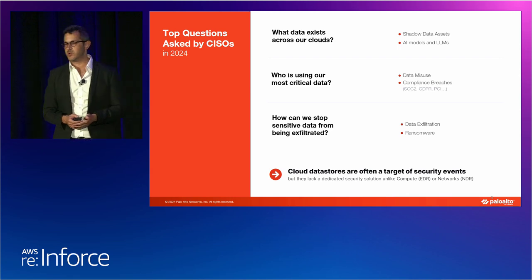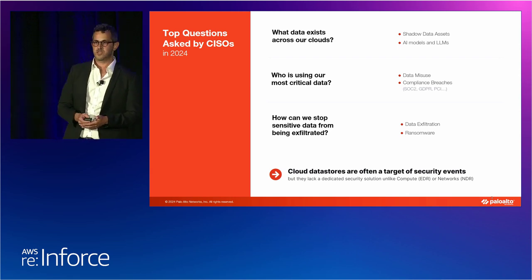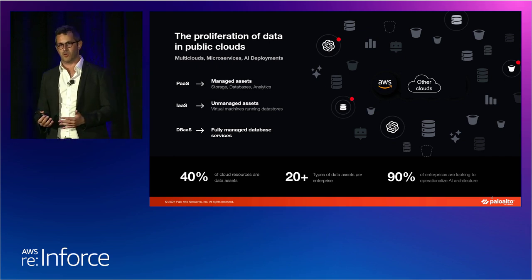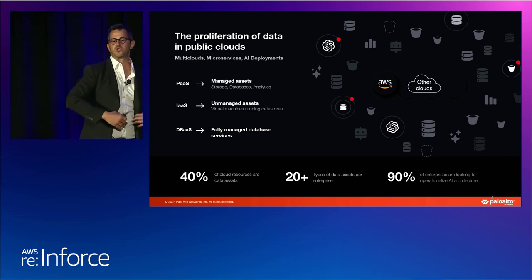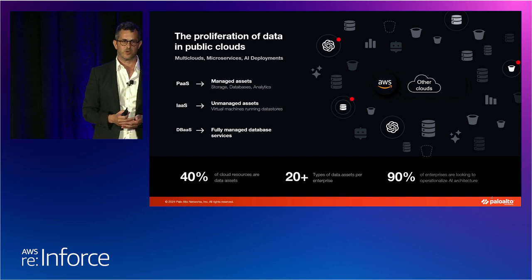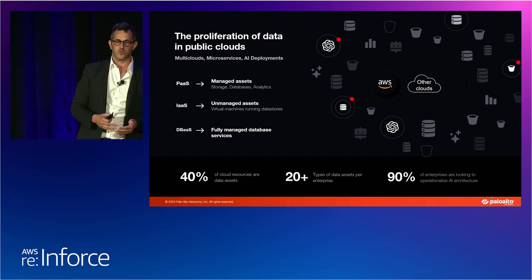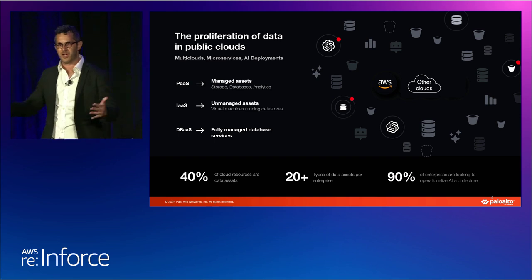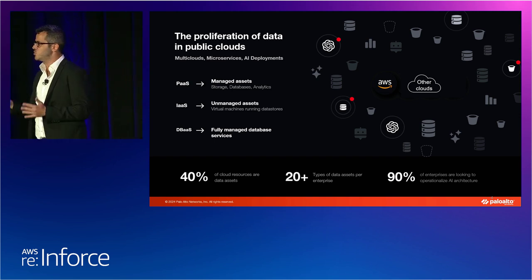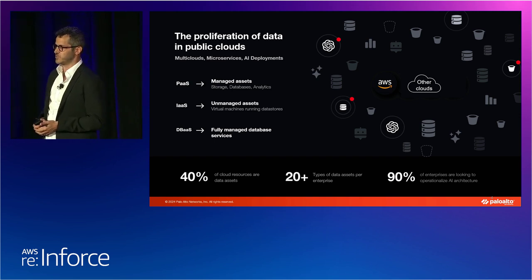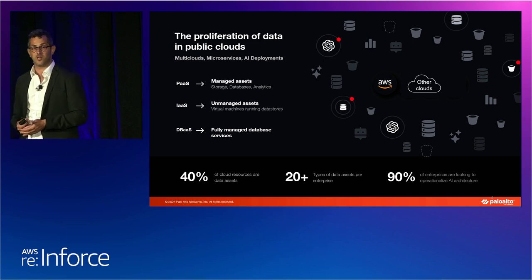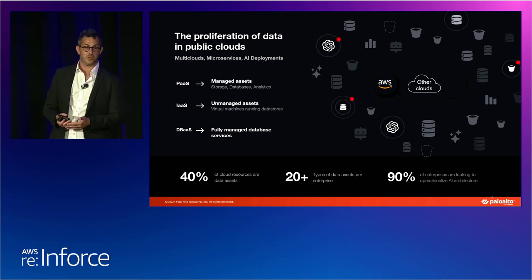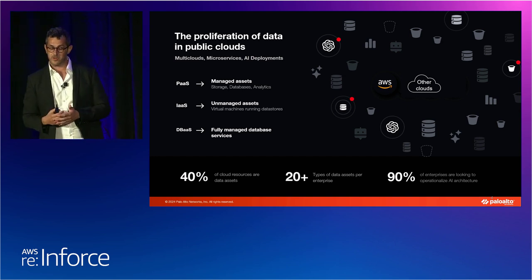Now, why is the problem of data security in the cloud today such a big problem? It's a problem because of fragmentation. All of us are experiencing this explosion of public clouds, right? We started running across multiple clouds. So we have our AWS, but we might have Azure and GCP, so we run across 2 clouds or 3 clouds and double and triple and quadruple the variety of data assets that we now need to also protect, right? We started running across microservices. Each microservice is connected to its own type of data store. So how do we essentially protect those?